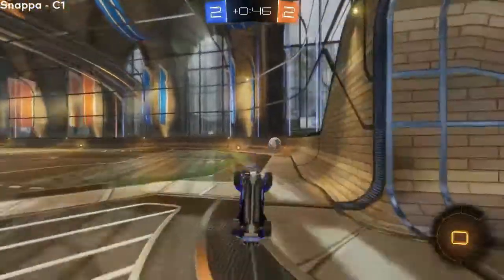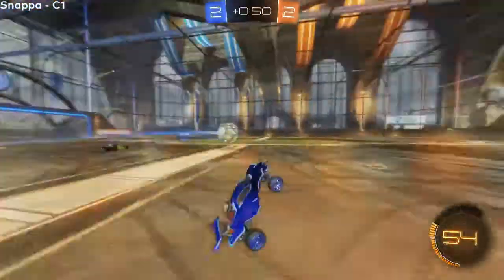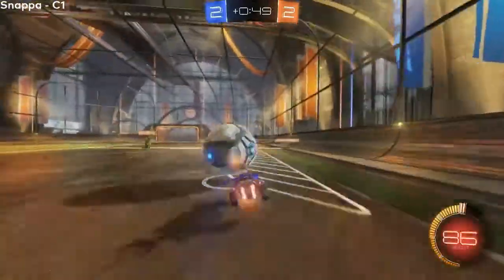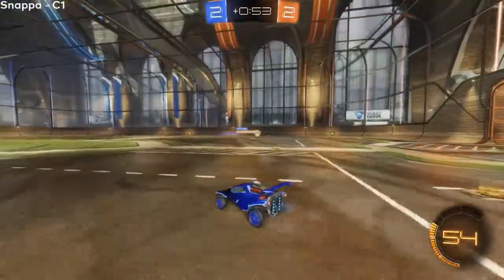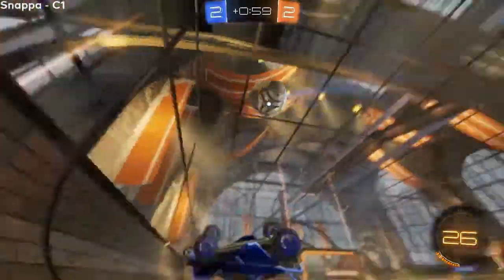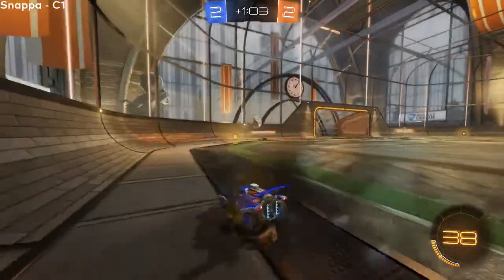So 0 boost. Good job, you got both of them. Again, you hit the ball away from you here. You don't need to. Why are you doing that? Like, what reason is there for you to hit the ball forward? Instead, you could have waited and just chilled. And then once they come to you, you 50-50 with them, you win the 50-50,